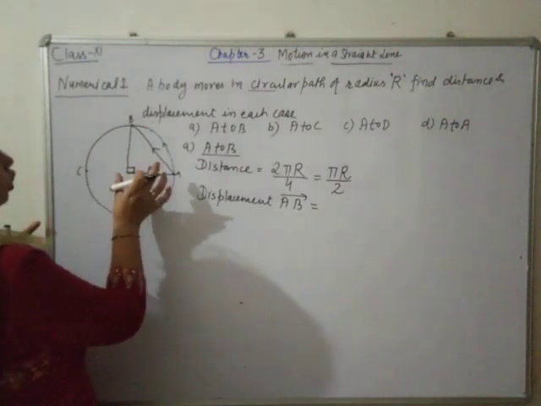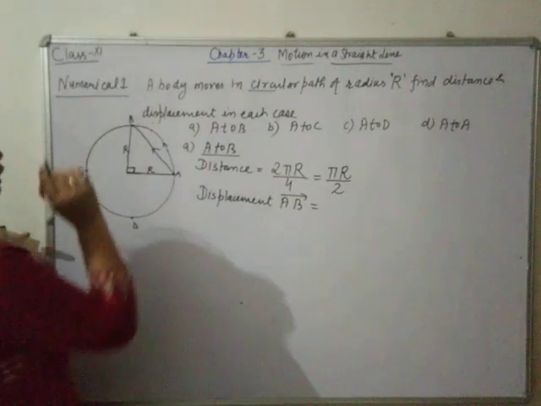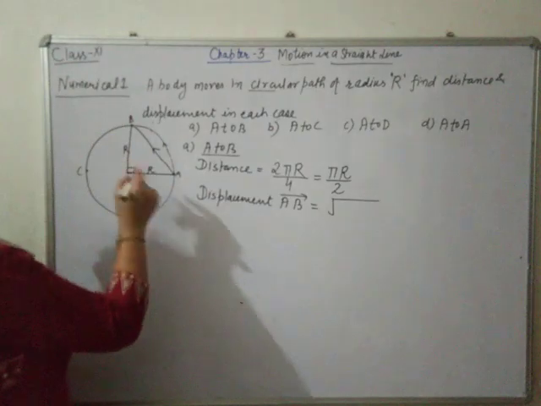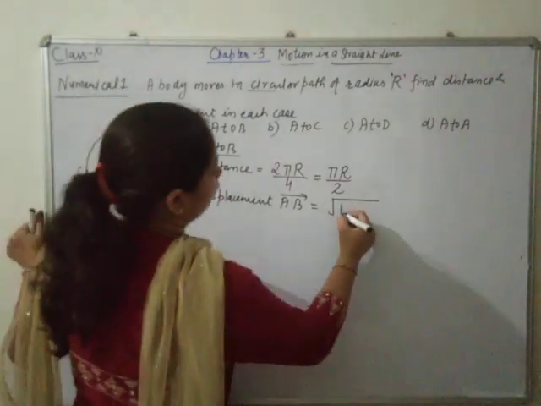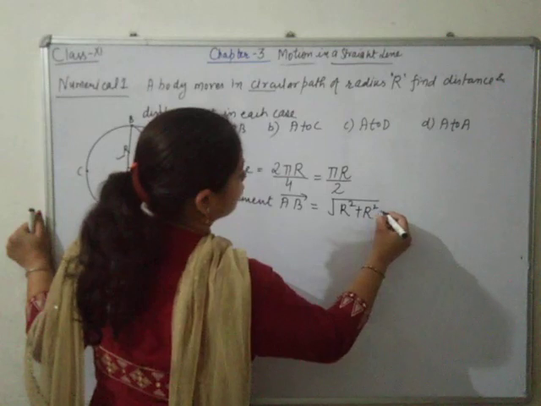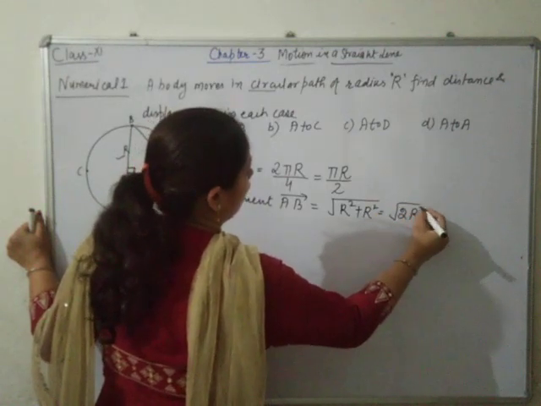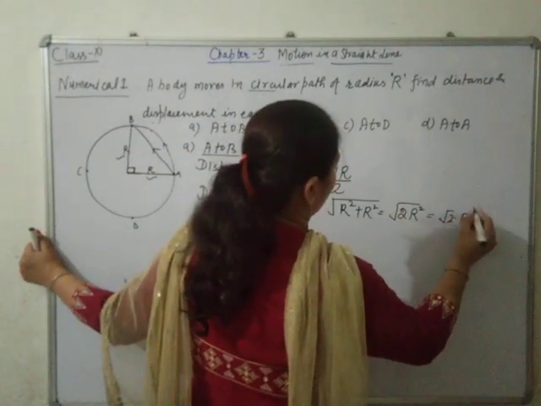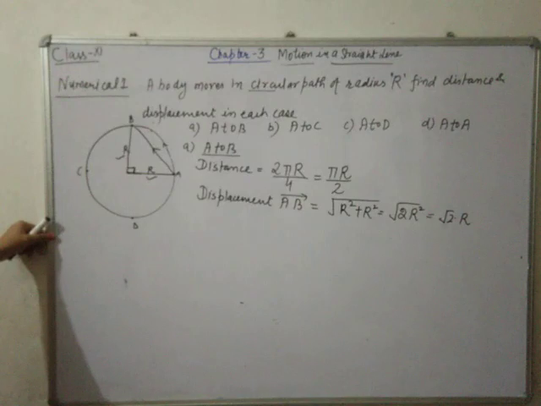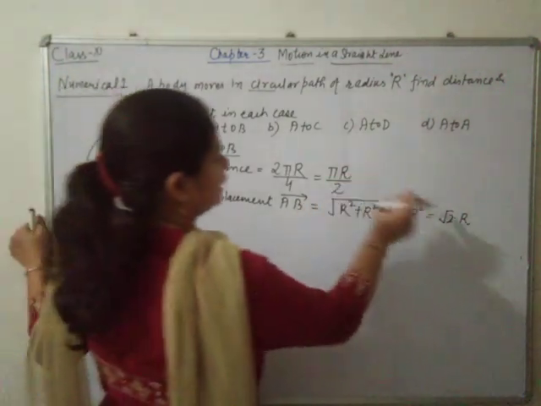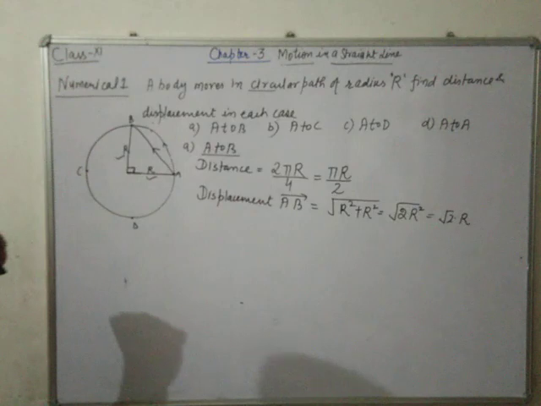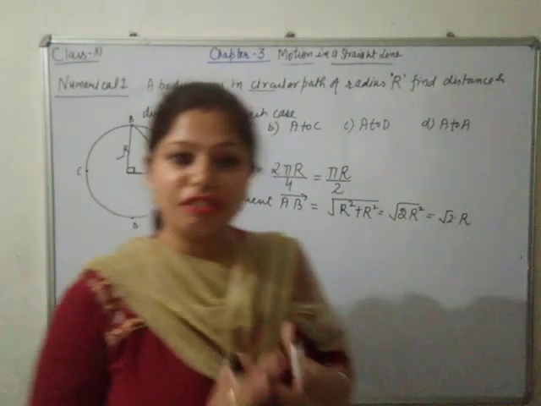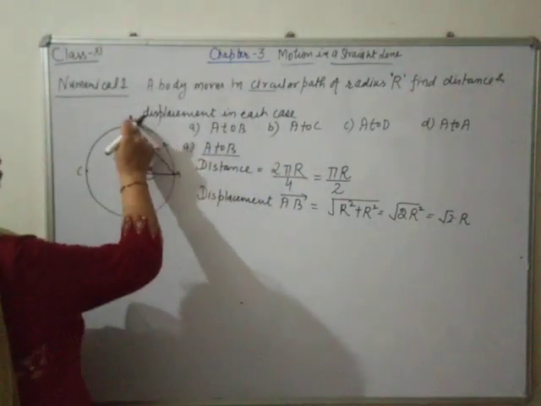using Pythagoras theorem in this right angle triangle, it will be equal to under the root, because it is the hypotenuse of a triangle, it is base, it is perpendicular, it will be equal to r square plus r square, which will be equal to 2r square. Cancelling r with r, it will be equal to under root 2r. So it is displacement. So it's clear to you that distance and displacement are not the same, because I have made you clear that both are equal only when the body is moving in a straight line path. In this, the body is moving on a curved path.